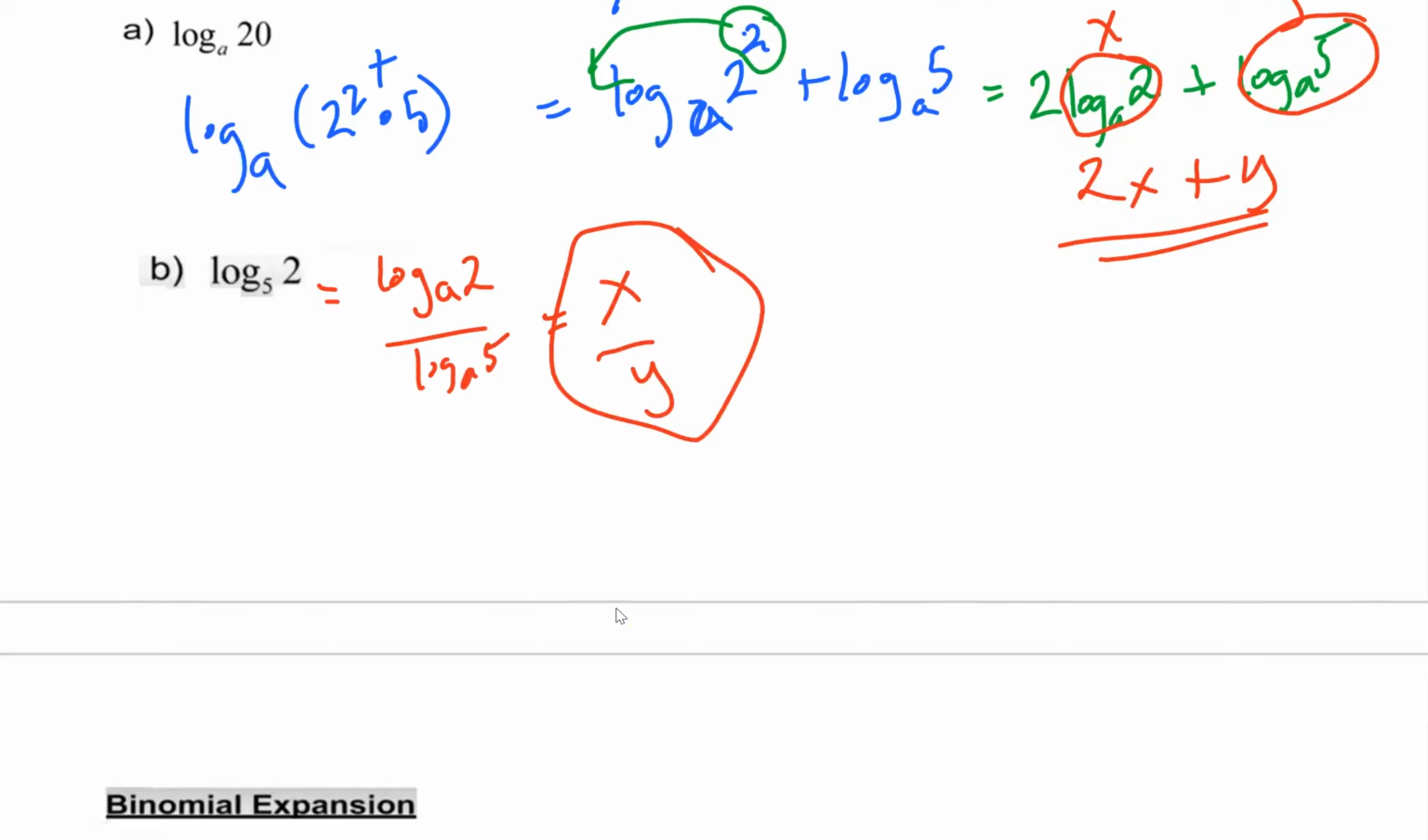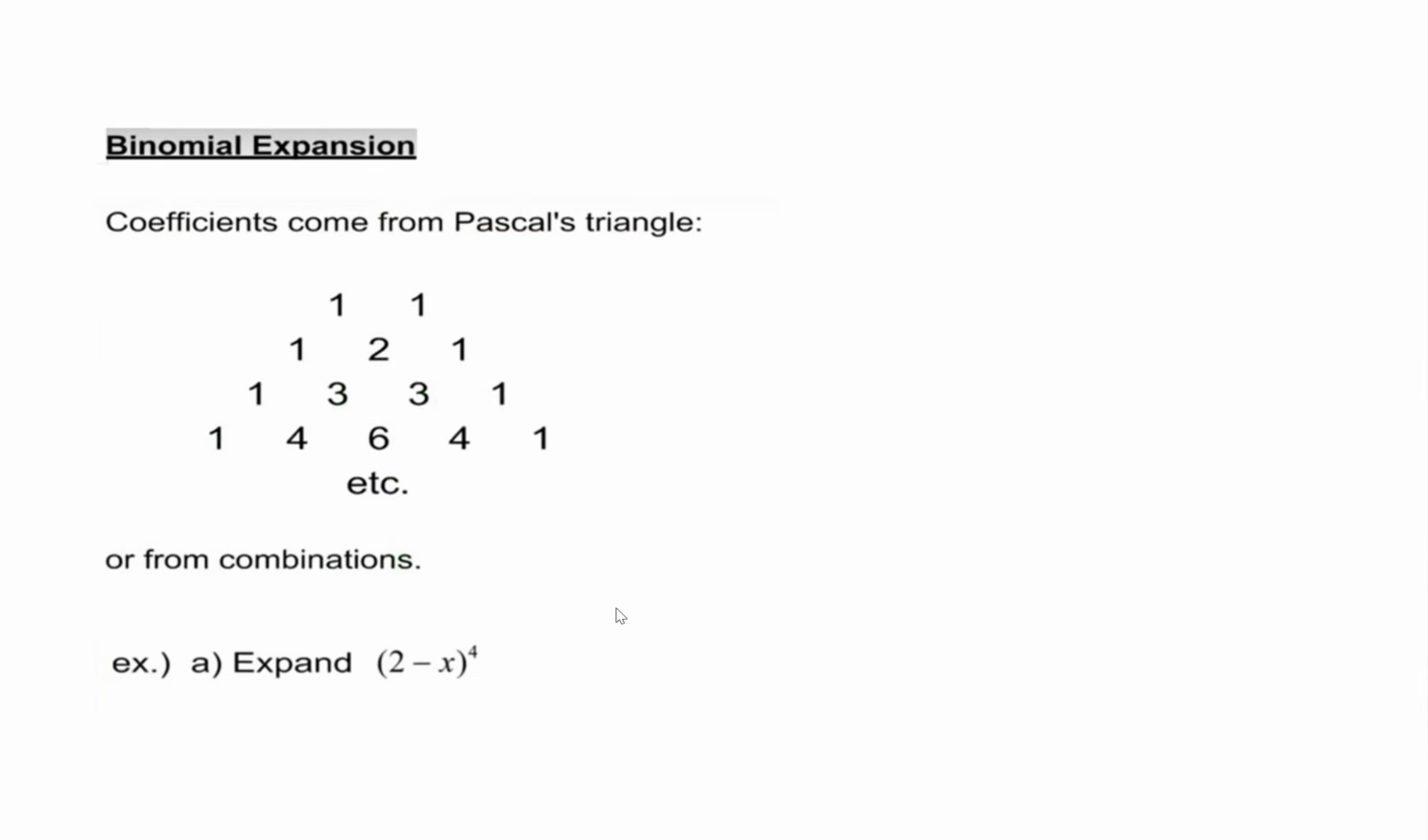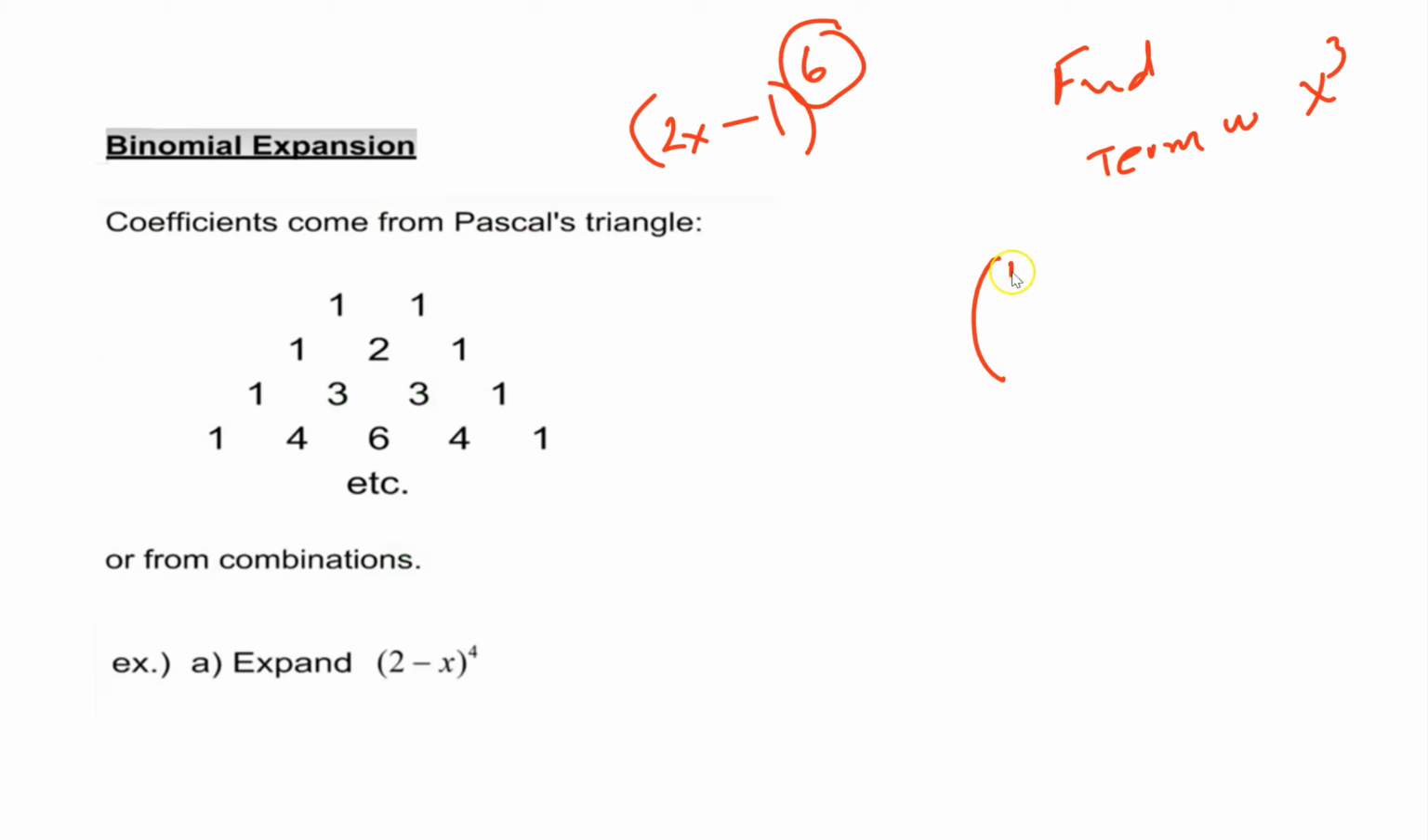Let's move on to binomial expansion, my favorite. So binomial expansion, right? This is that thing I've been giving you all the time where it says, in the expansion of 2x minus 1 to the 6th power, find the term with x cubed. Remember the way I taught you guys how to do it? Okay, here's the power. You always start like this, power on top. The first term,